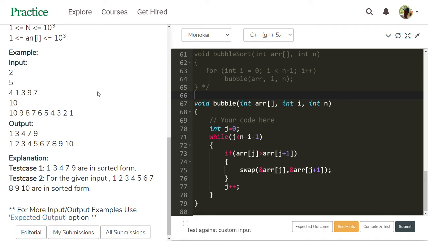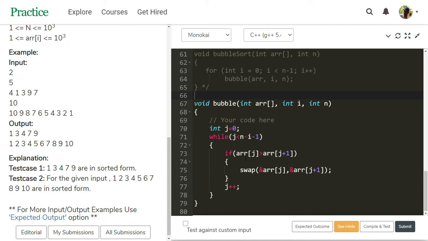See how it happens. Initially i value is 0, n is 5, j is 0. j is 0, less than n minus i minus 1, nothing but 4, so j less than 4.